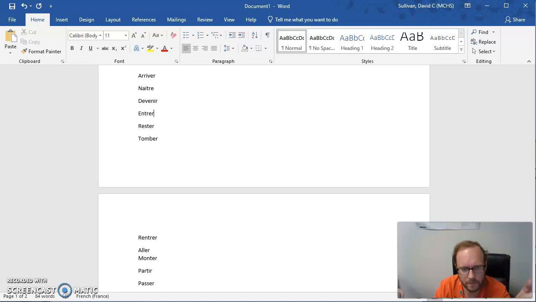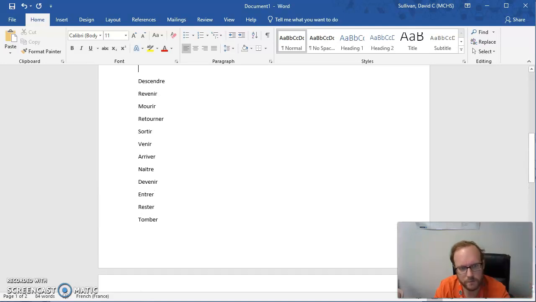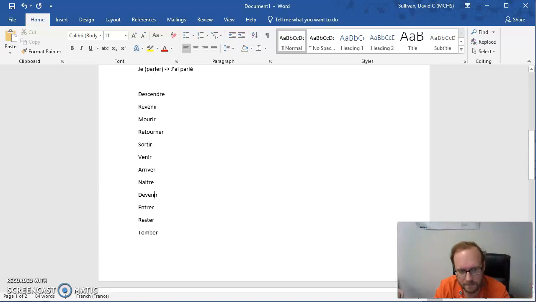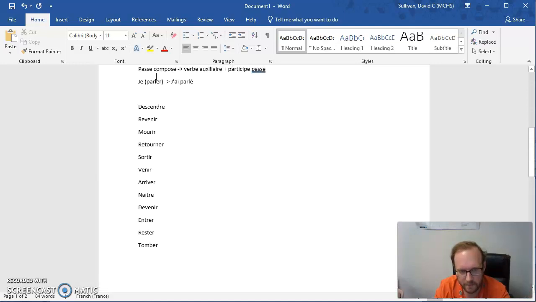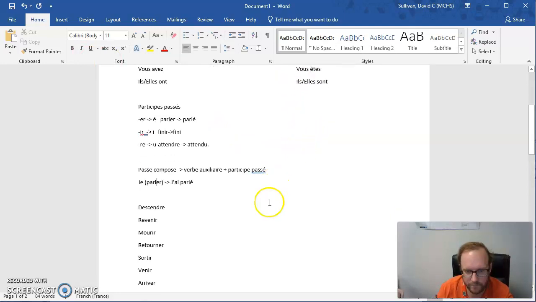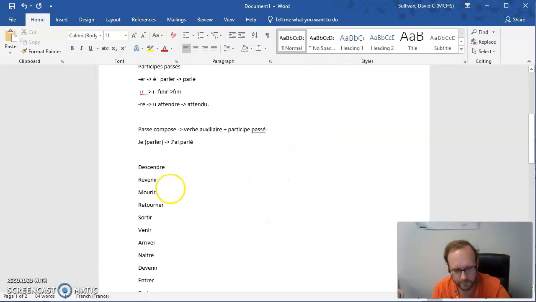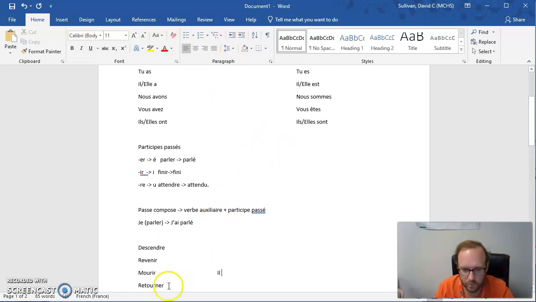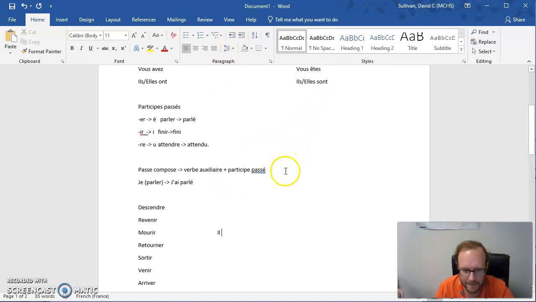I'm getting old, guys. So these are the verbs that when you see these, instead of using the j'ai like we have with j'ai parlé, you're going to go up and use être instead. Like, mourir is the verb to die. If I want to say he died, you say il, he. We look up, we know it's mourir. It's going to be il est, and then the past participle is mort. I'm not going to give you that one, obviously, because it's an irregular past participle.